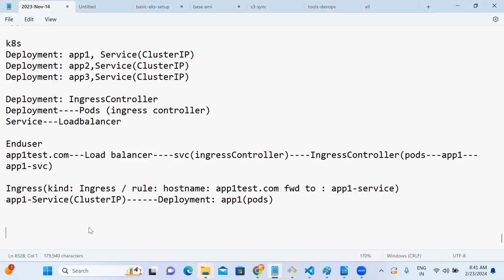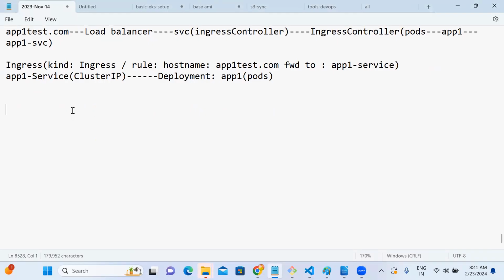Let me put it all together. We are deploying some objects. One is the application deployment objects, and the application service objects. These service objects I will not expose as load balancer type. If you expose each individually as load balancer type, we will end up with multiple load balancers. I am bringing one helper deployment, which will reduce the load balancers. That is called